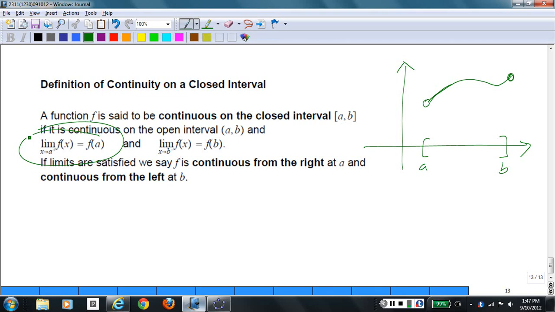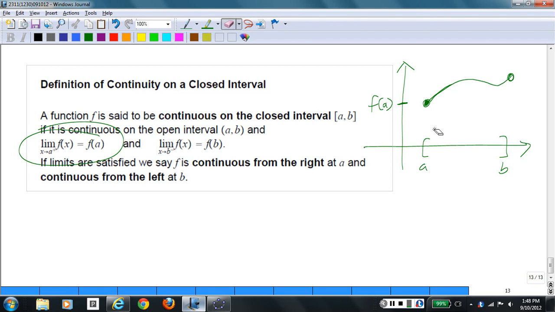of a. Now, I don't have an f of a on here, so if I want this to have hope of being continuous on the closed interval, I don't want the dot here, I don't want the dot here. I want it to be what that value of the limit is going to be, f of a. So erase that one, erase that one. I want to fill in the dot if this is going to be continuous on an interval that includes that